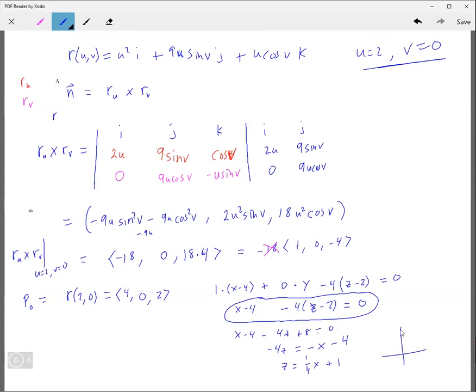So if this were z and this were x, that's kind of awkward, x and z, but whatever. Then it's going to be something like this, like that. And then if we had y going into the screen, then